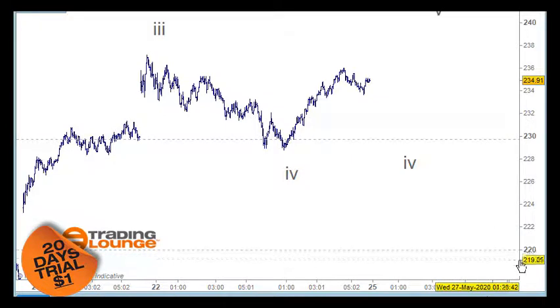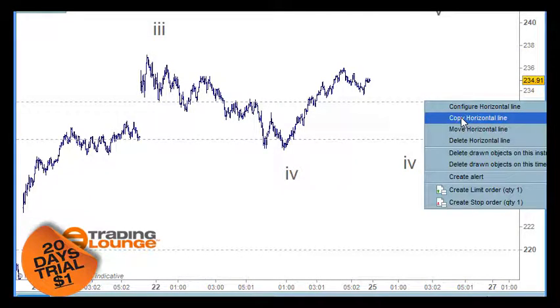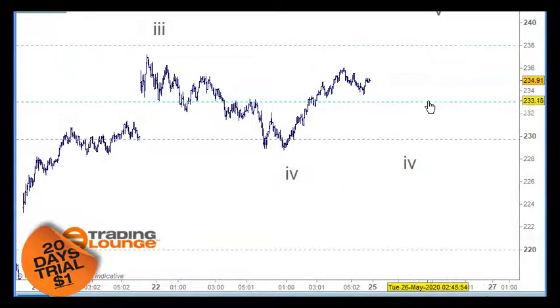So we've got 10, 20, and 30 here, and then we can look at group 1 again here on a smaller degree. So we can go 1, 2, and 3 here for this. So normally when we get that, we'll have to just get in there a bit closer. So that's sitting on 3, which is good, and then 5 is the next one, and then 8. So 1, 2, 3, 5, and 8. Those levels will be important here if you're getting that close to the market, and that will be 5